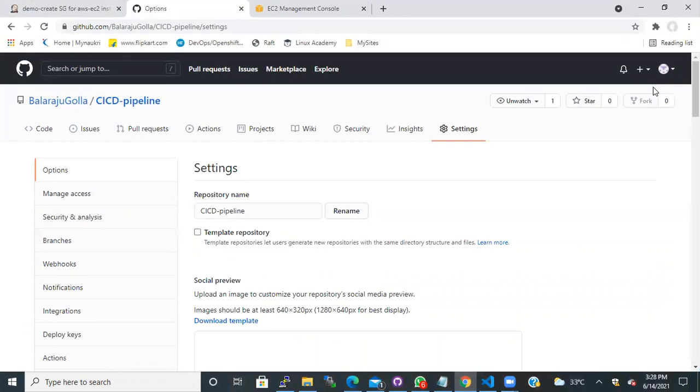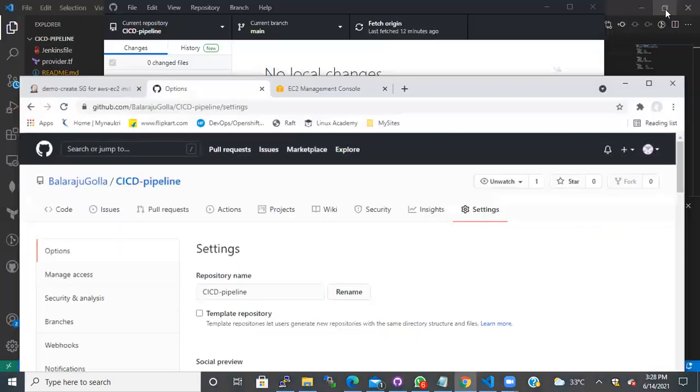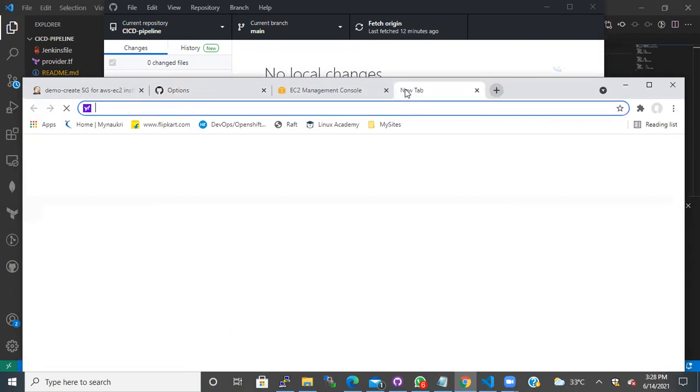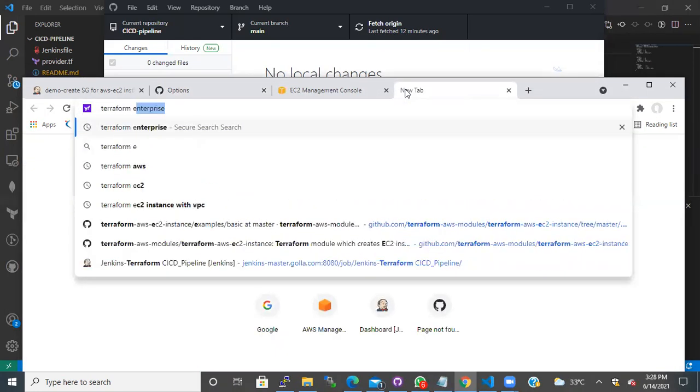This is how even our build team is performing automated builds now. The only change is ServiceNow. We don't have ServiceNow integrated, but otherwise the rest is all the same. Then we need to install the ServiceNow plugin and integrate through that. Yeah, correct. Mine is a free version of Terraform. They will be using Terraform Enterprise. Terraform Enterprise looks like this.